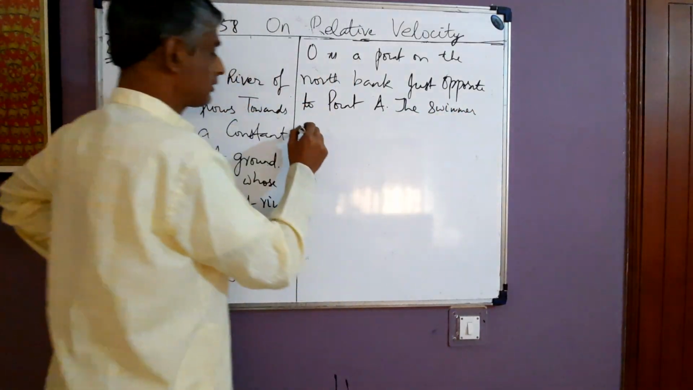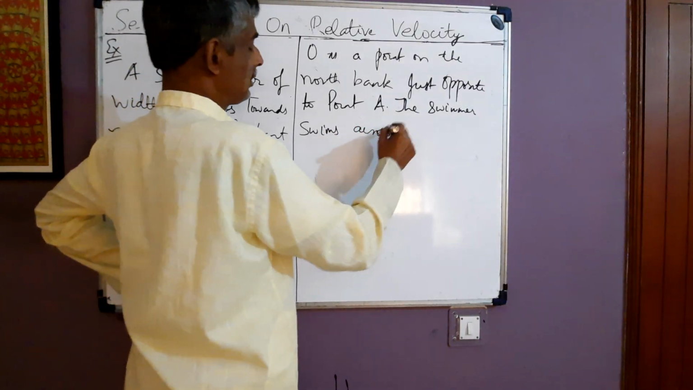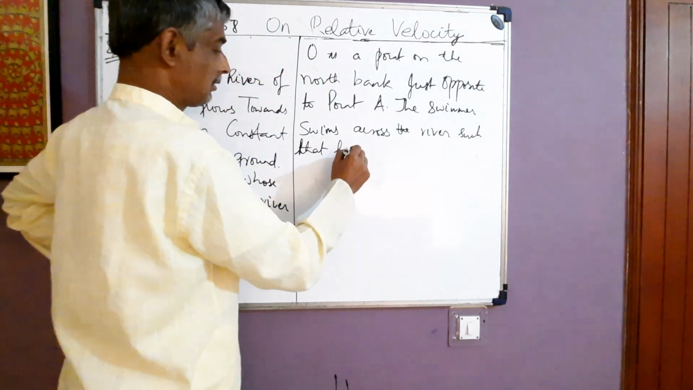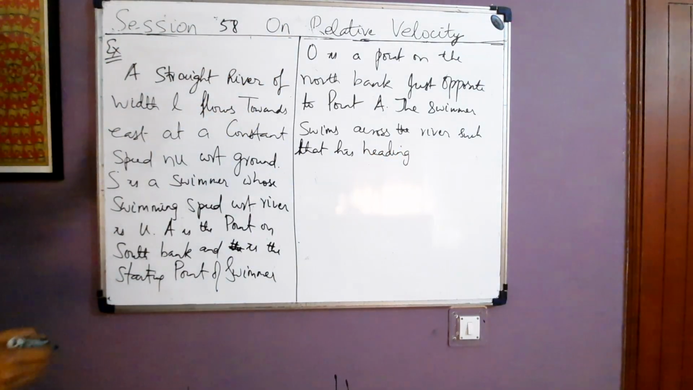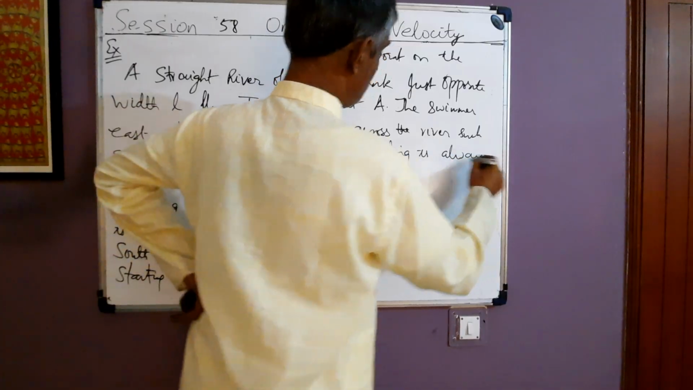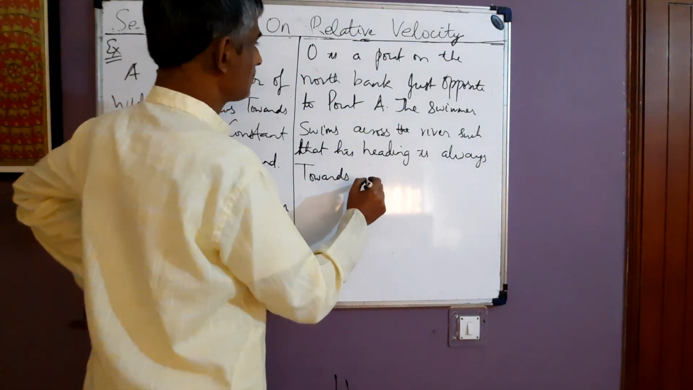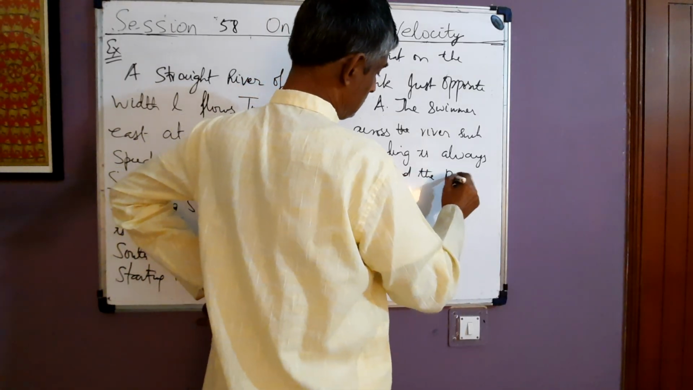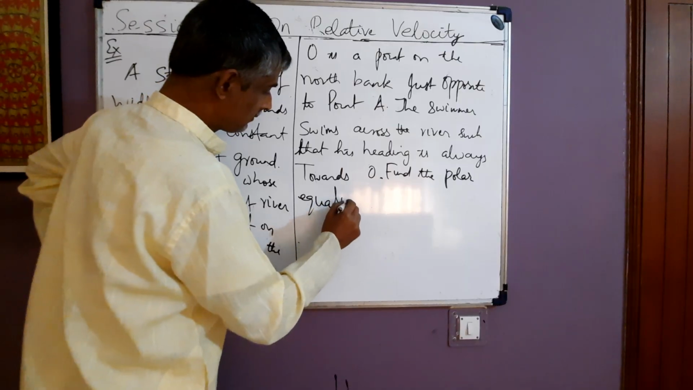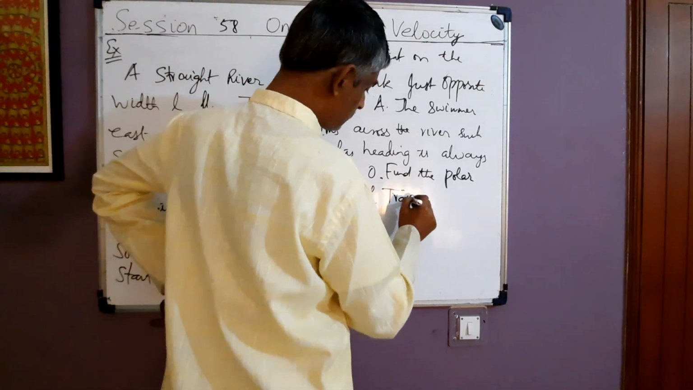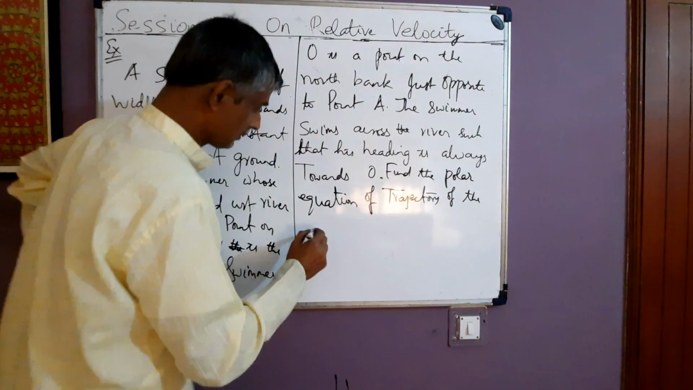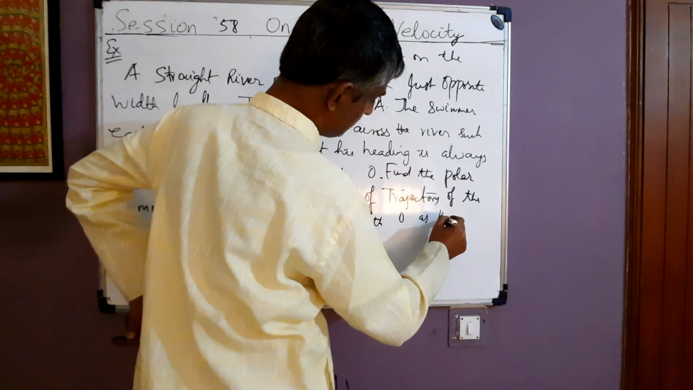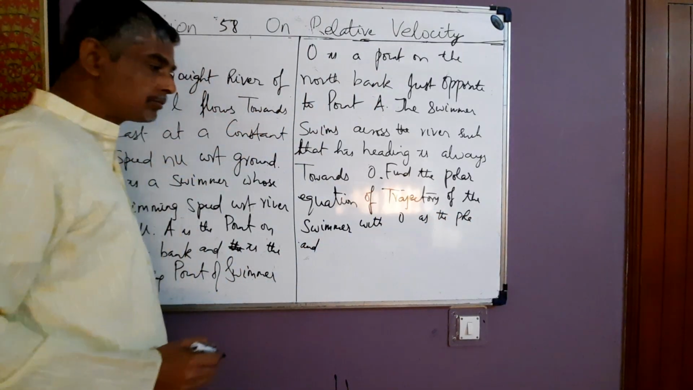The swimmer swims across the river such that his heading is always towards O. Find the polar equation of the trajectory of the swimmer with point O as the pole,